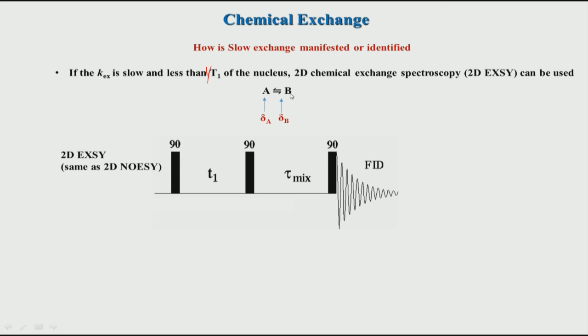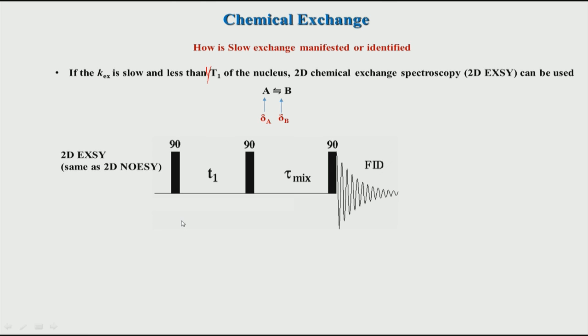Let us say we have again two states. Now, this is not the same example as the previous slide; this is just showing that there are two states. The hydrogen atom on state A is now going to the hydrogen atom on state B, and it has two different chemical shift values, which we will call delta A and delta B. So, what is the experiment which we need to do? This is the exchange experiment, and it is exactly the same as 2D NOESY. So, 2D XC and 2D NOESY are the same. 2D NOESY itself we can use to characterize this slow exchange process.